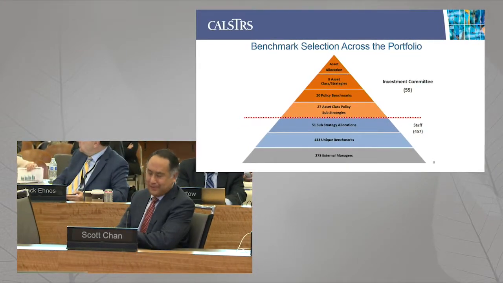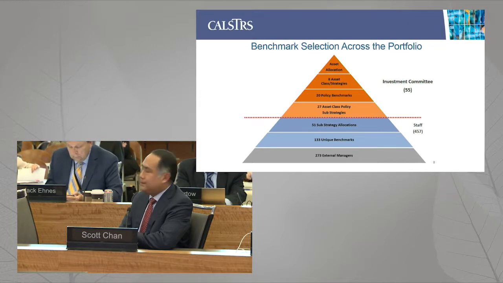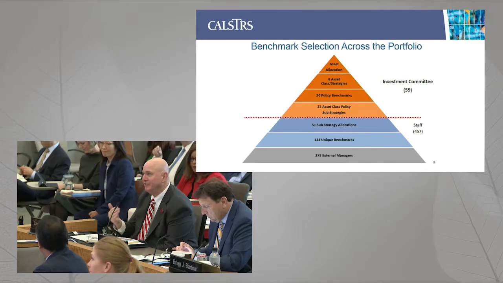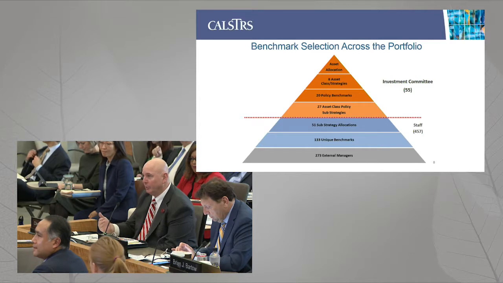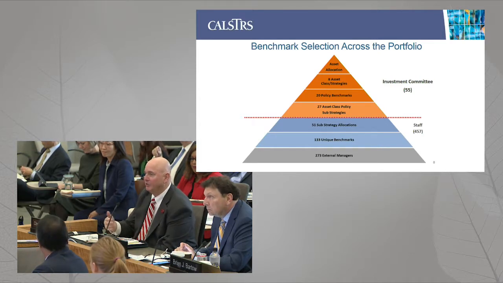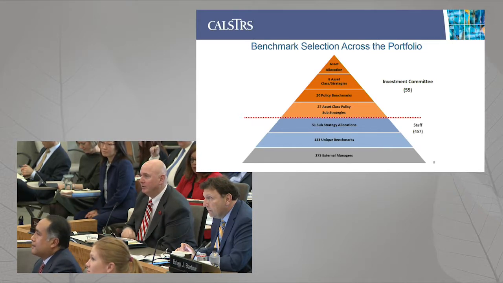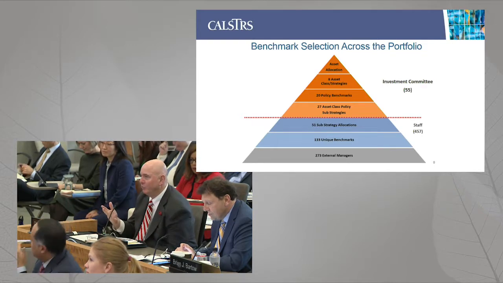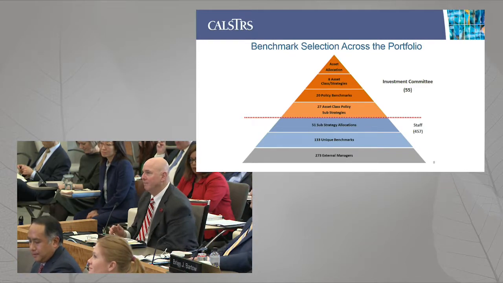You get into the trees and you don't step back and look at the forest. But I really was, when Scott put this together and showed it to me, I was like, wait a minute. You mean the investment committee has 55 benchmark decisions based on policies? But that's where we've gotten to, because at the beginning it was very simple. Equity, or U.S. stocks, and then non-U.S., then emerging markets, then ESG. And the fact that it's crazy to say that we have well over 500 indexes that we're using.